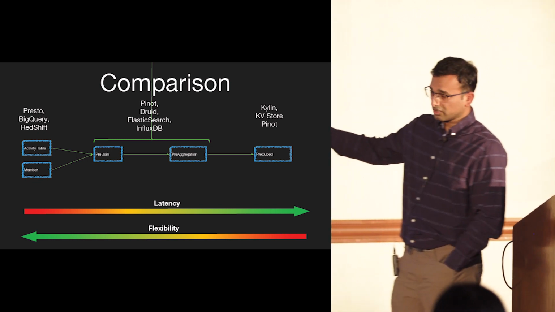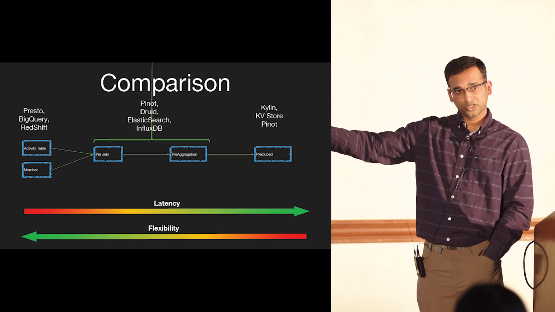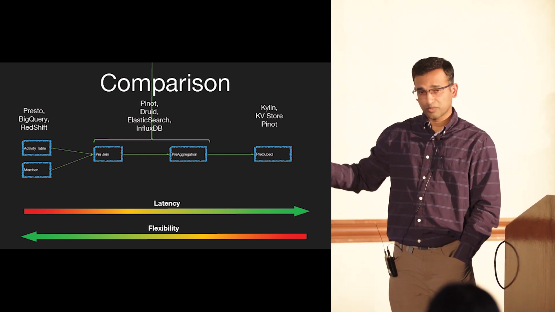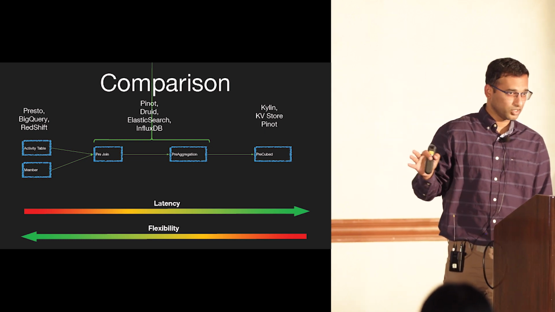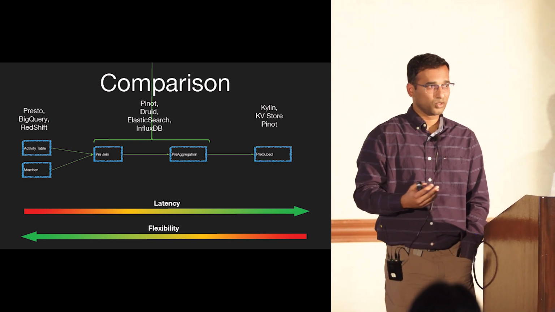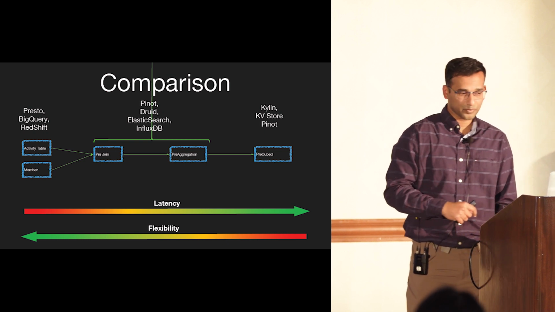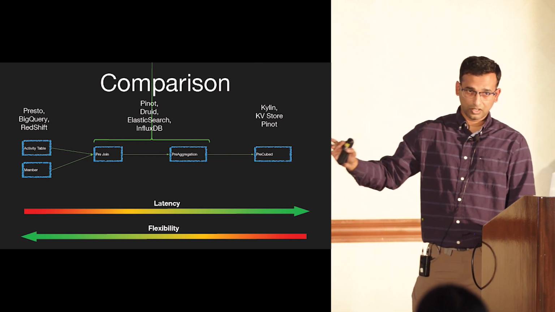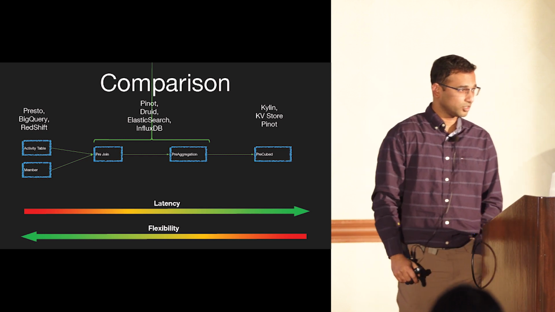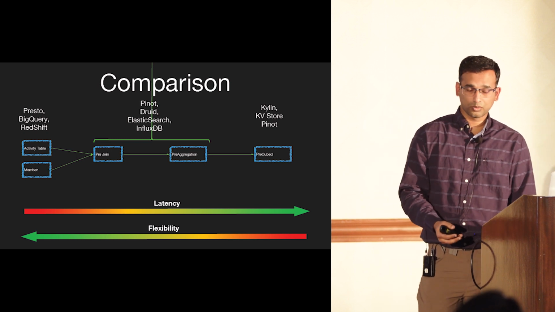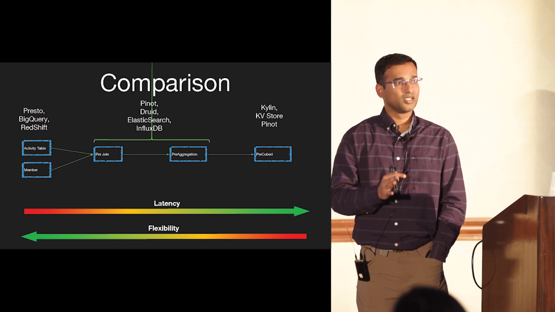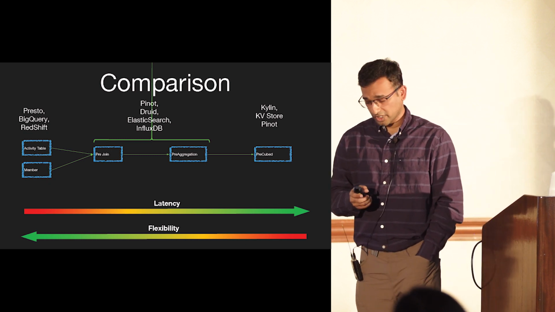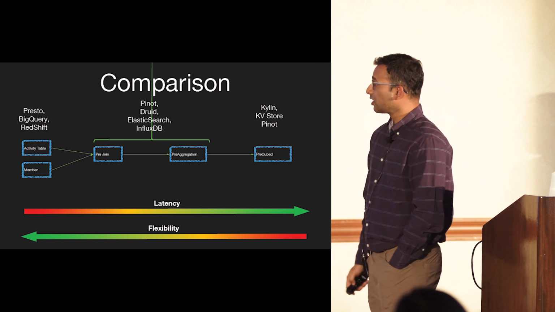As you move along this axis, you now have the ability to do a pre-join and a pre-aggregate. So the latency is getting much better here. But you're slowly losing all the flexibility, because now you cannot really do a join, so you're just doing a single table query. The systems on the left side, Presto, BigQuery, Redshift, are all amazing in terms of giving you full flexibility. They store the raw table and you can query them. But you can't really expect sub-millisecond or millisecond latencies, which is what is required, or a strong P99 value.